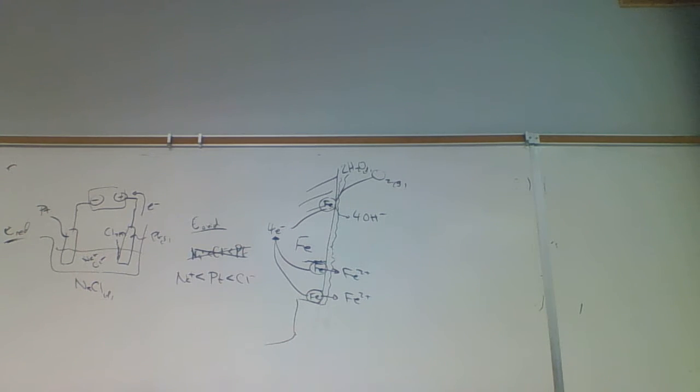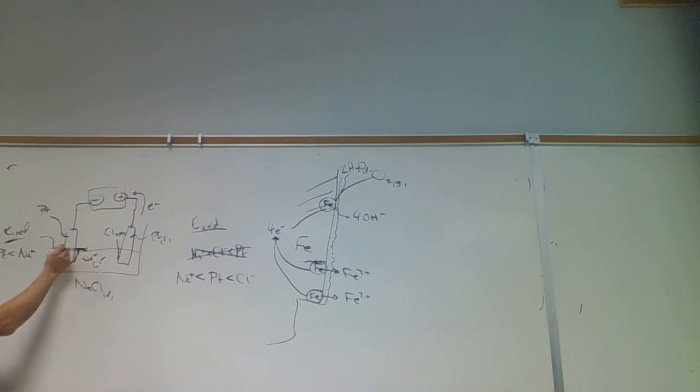Sodium has the highest reduction potential. Yeah, sodium would be the highest reduction potential. And platinum and chloride is the opposite, right? Platinum and chloride, yeah, it would be the opposite. And so sodium has the highest. And so what that means is that the sodium is going to take the electrons and it's going to form